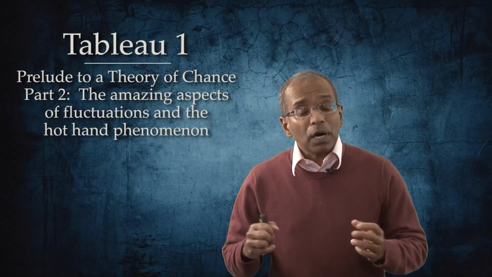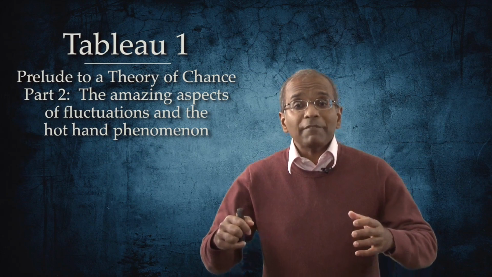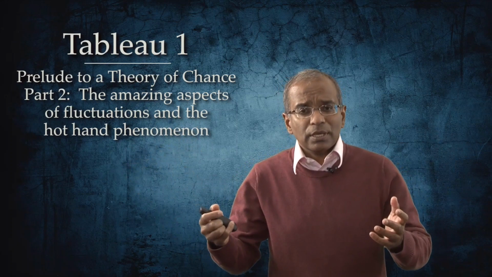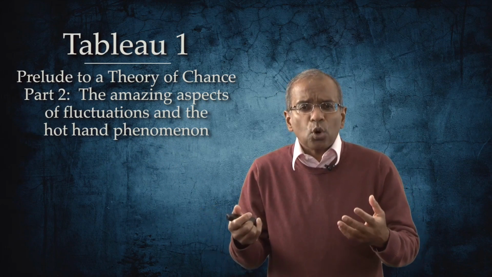In Tableau 1, Part 1, we looked at evidence of chance around us. Chance is ubiquitous, and naturally, we have a strong and intuitive feel for it. But in the midst of the familiar lurks strangeness. And as part of the introductory lectures, I'll want to conclude by showing you unexpected dells, unexpected ripples in the fabric of chance, in experiments with which we are quite familiar.